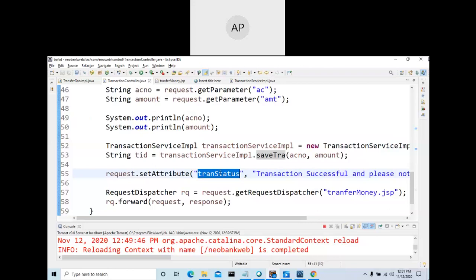And what is the next JSP page? What is the next output you are going to decide? Only controller. Model, view, controller. Here, this is the model: the value that is used by the JSP to show on the screen. So that we call it a model, in MVC architecture. Model in the sense the value that we are going to show on the screen. We call this a model. MVC, model view controller.